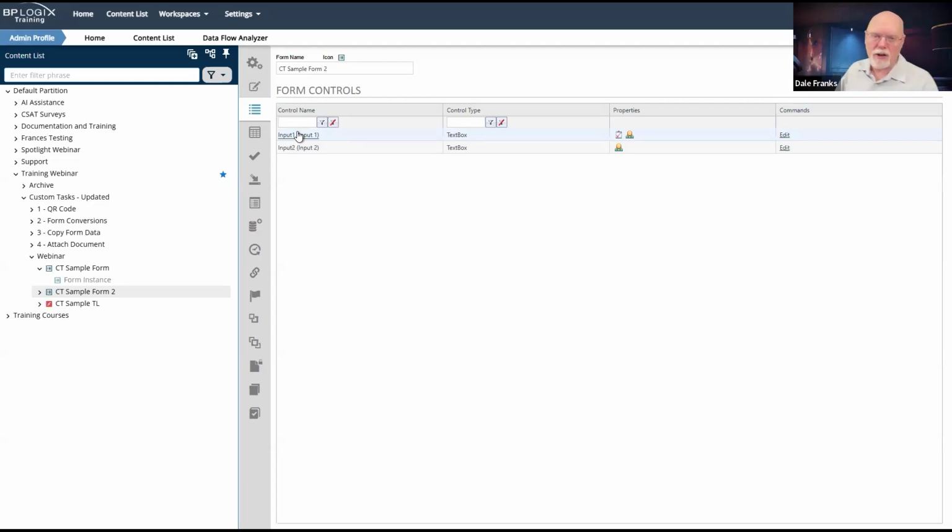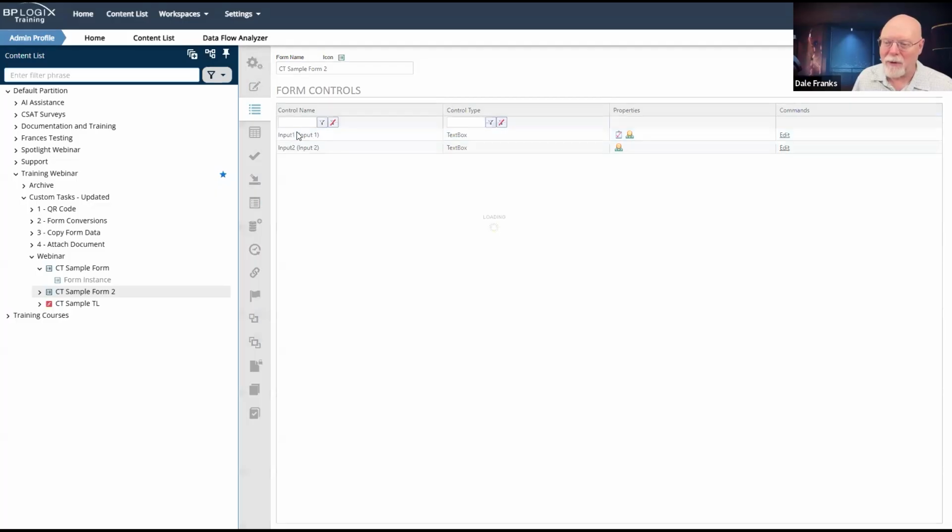Edit it as much as you want, because whatever you put into input 1 is now going to be overwritten by the value of input 1 on form 1. So it doesn't matter what I put into form 2 here. It's going to get overwritten by form 1 because form 1 is the parent field. It's the one field that controls the synchronization. Oh, by the way, only check that synchronize field checkbox on one field and not on any of the other fields.